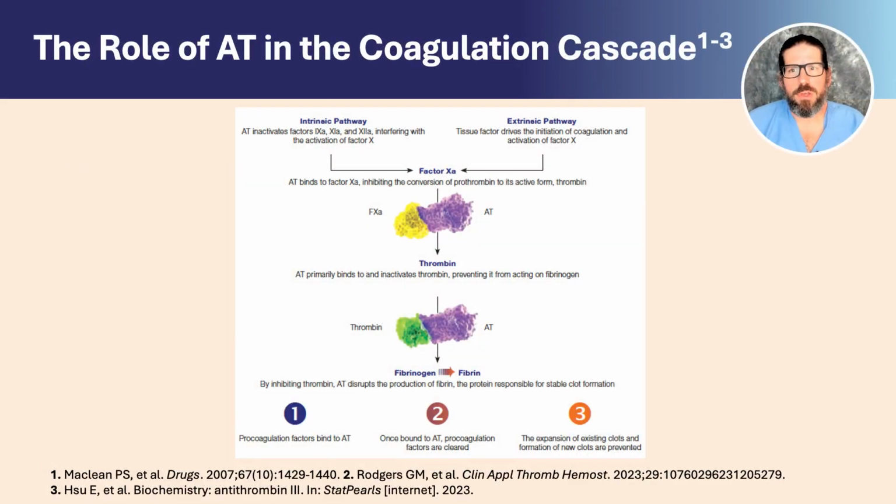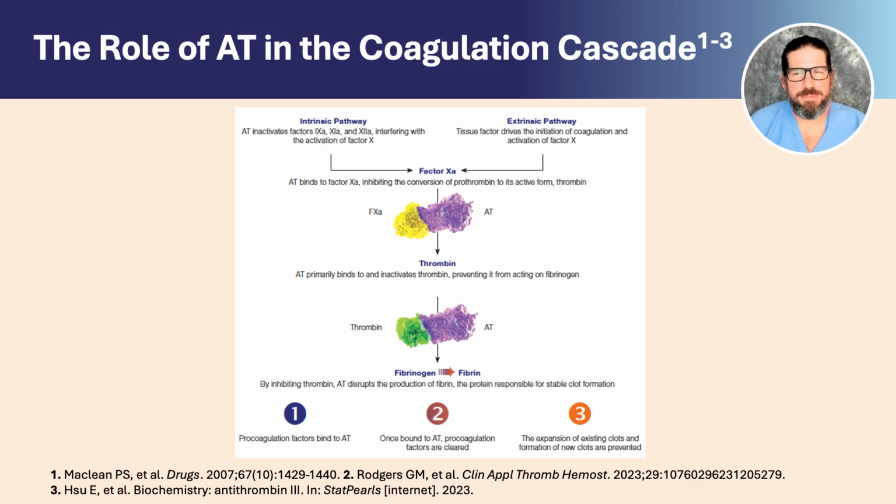The primary action of antithrombin is the inhibition of activated coagulation factor 2A, also known as thrombin, and activated factor 10A. Antithrombin also exerts its effects, albeit to a lesser extent, by inactivating factors 9A, 11A, and 12A. By binding to factor 10A, antithrombin prevents the conversion of prothrombin to its active form, thrombin. Inhibition of thrombin prevents the conversion of fibrinogen to fibrin and decreases platelet and endothelial cell activation, thus inhibiting clot